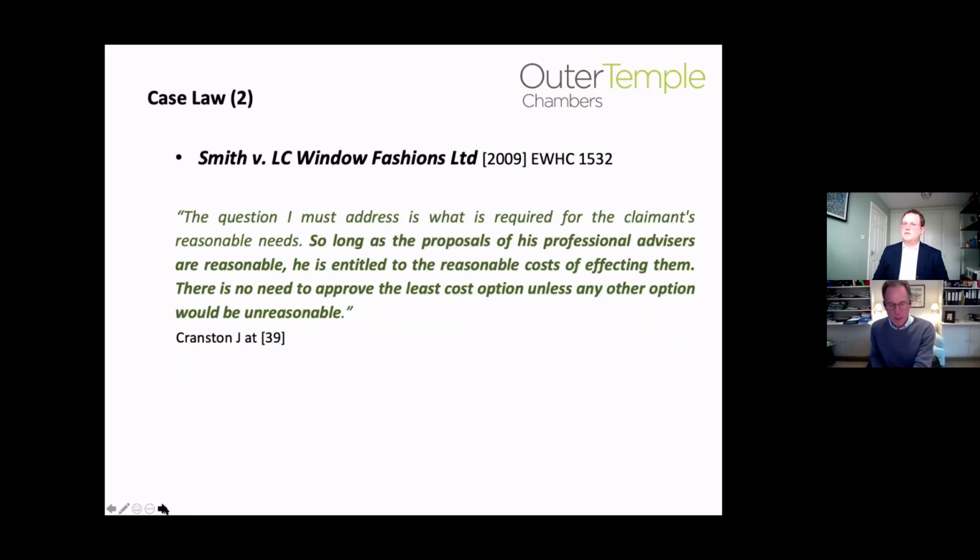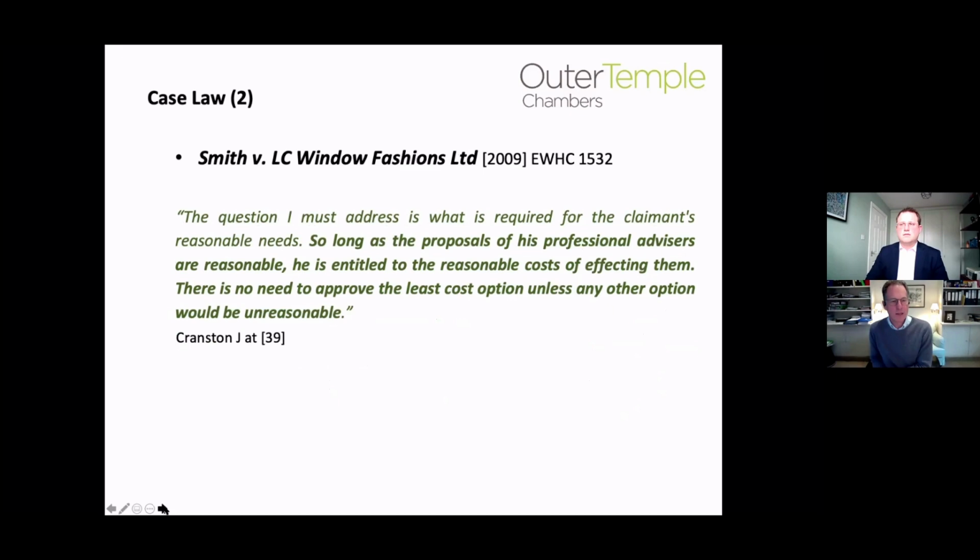And the point was picked up again a few years later by Mr. Justice Cranston in a case called Smith and LC Window Fashions Limited. And again, there were competing cases about the future care regime between the parties. And Mr. Justice Cranston, really returning to the theme that had been advanced in the Massey case we just looked